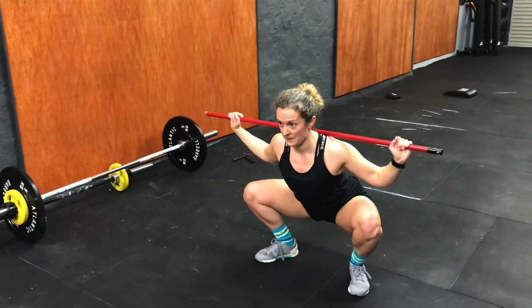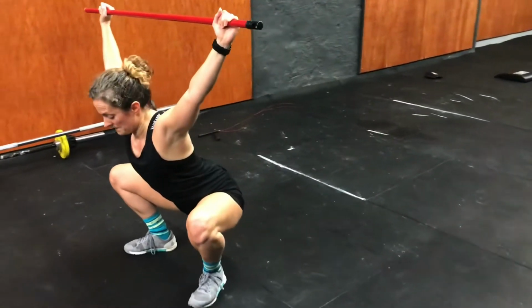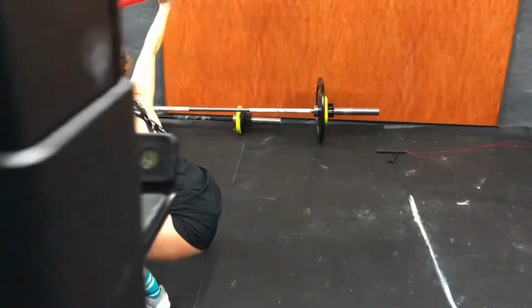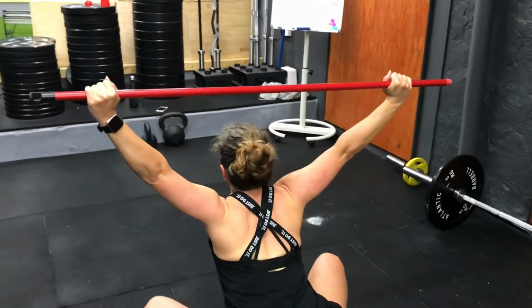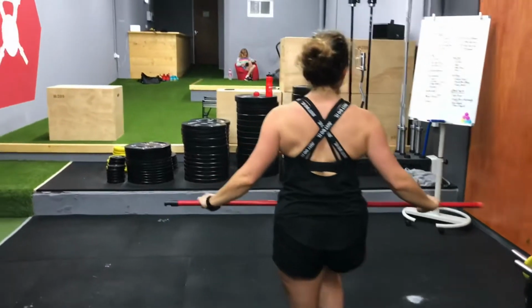would be for when you're doing this, just be very conscious of where your feet are placed. How do they feel? Are your knees tracking over your toes? And is your chest up the whole time? Alrighty, and break, sweetheart. Cool. So from here,